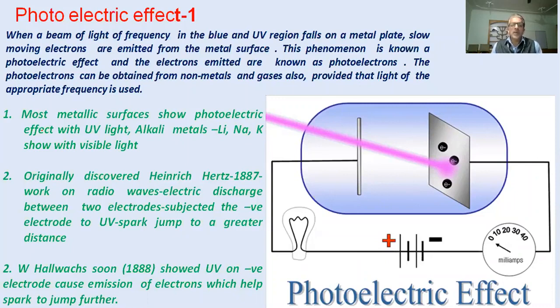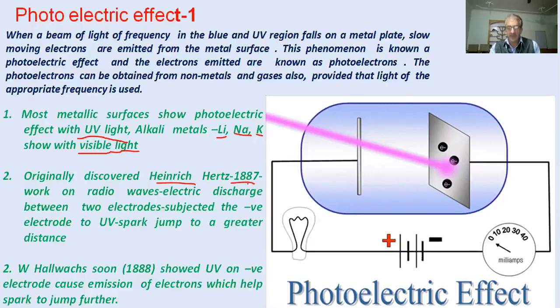Now, most metallic surfaces show the photoelectric effect with ultraviolet light. But it has been seen that in alkali metals, for example lithium, sodium, and potassium, the photoelectric effect can be seen with visible light. The photoelectric effect was originally discovered by Heinrich Hertz back in 1887 when he was doing